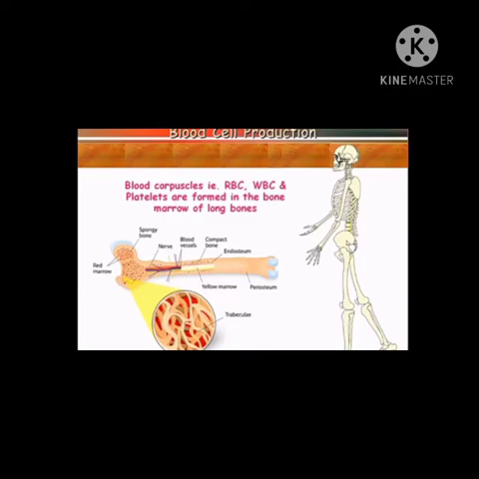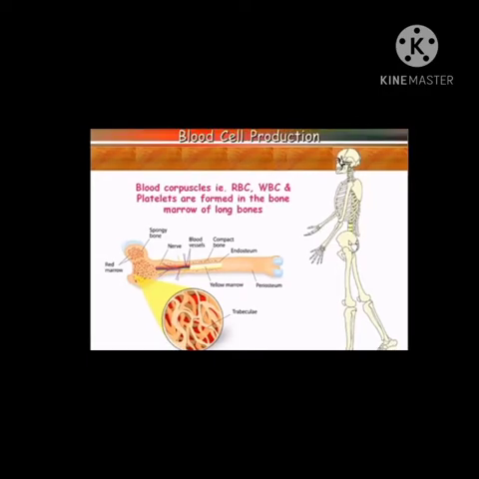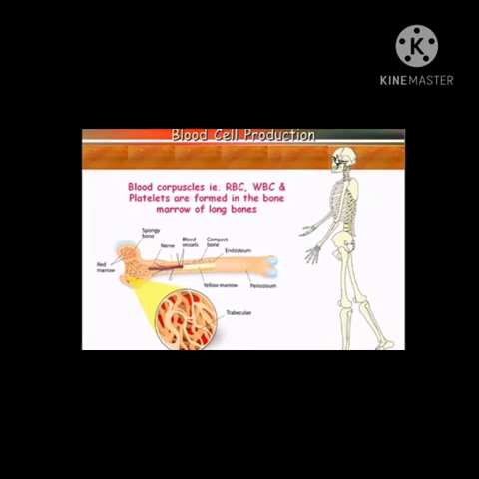So, this process is called what? Hemopoiesis. The skeleton system also helps in what? Hemopoiesis means production of what? Blood corpuscles, and especially these blood corpuscles are formed in long bones, especially your thigh bone, okay, which is the longest bone